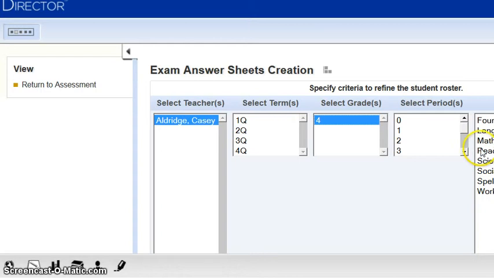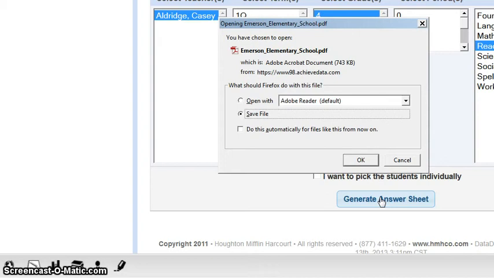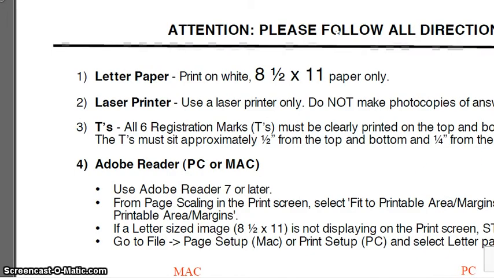So since this is a reading benchmark assessment, I'm going to select reading. And then when I scroll to the bottom, there's a spot where it says Generate Answer Sheet, and I will click that button. A box will open to say, do you want to save the file or open the file? Let's open the file and click OK, because we're going to print this particular assessment